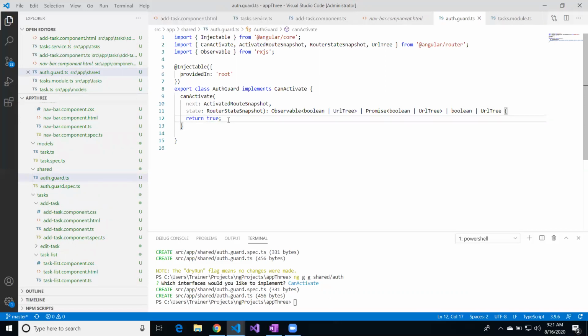we can even route the user to the login page. So let's say we check the logic for the login: check if the user is logged in. If logged in, I'll just write it as true to avoid some errors. If the user is logged in, return true. If not,